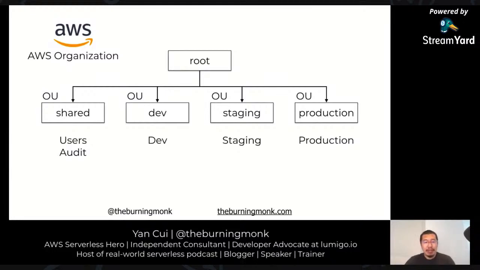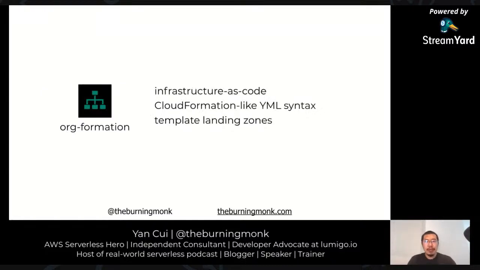And finally, let's talk about the AWS organization setup. So as I mentioned, I had several org units and AWS accounts within them. And I don't want to manage all of this by hand. I want to have infrastructure as code for all my things, including my AWS organization. It's not supported by CloudFormation out of the box, but luckily there's this tool called OrgFormation, which gives me exactly that. It lets me provision and manage my entire AWS organization with infrastructure as code using a YAML-like syntax, which is very similar to CloudFormation.